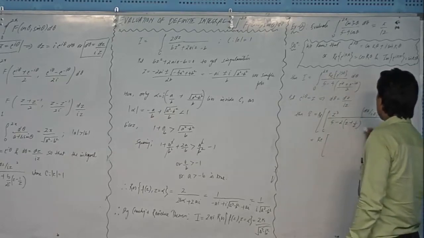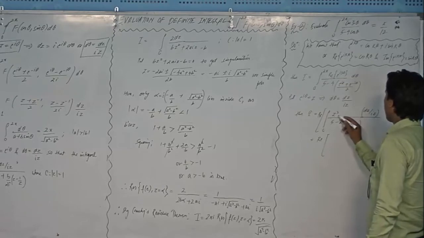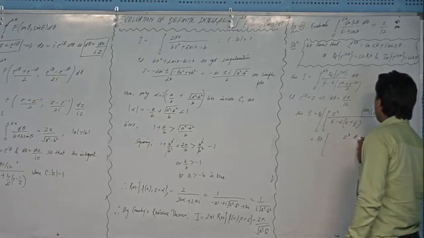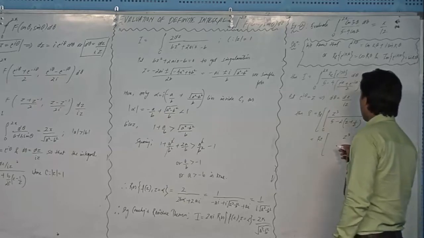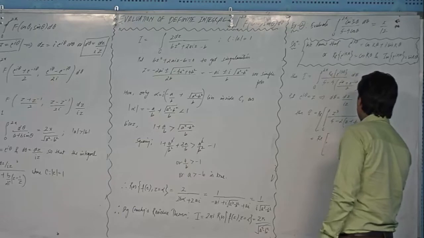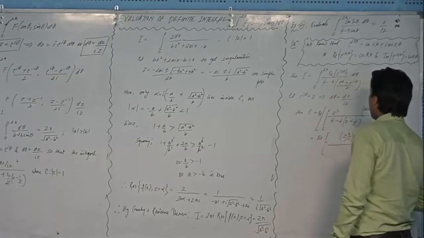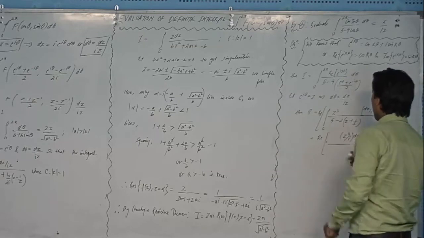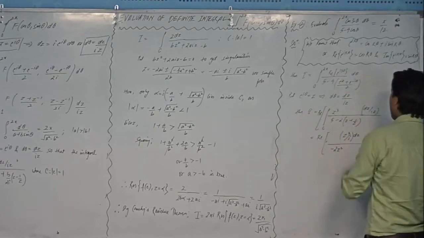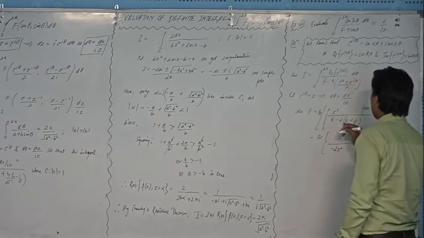Z will be cancelled out. I think this z will be cancelled with this thing. I will be having z cube in the numerator. Dz iota is also there, so I will write iota. Where should I write iota? 1 over iota, or should I write iota here? Over iota. Okay, fine. And over this will become 2z square minus 2z square, and then minus 2, and then